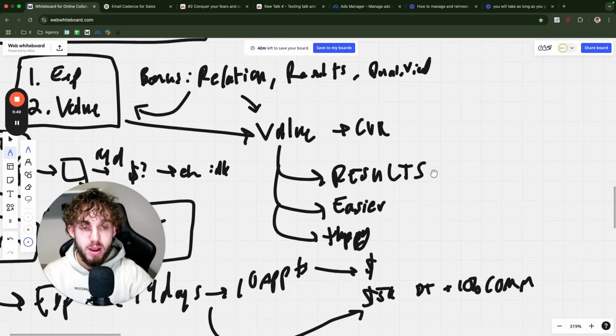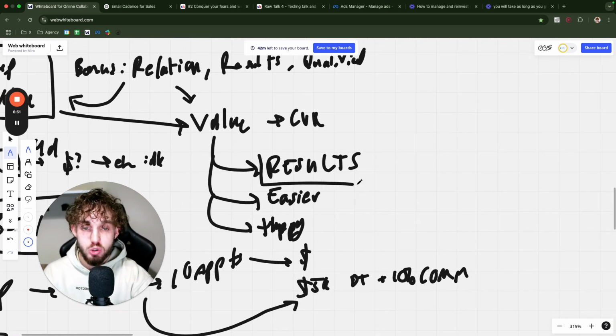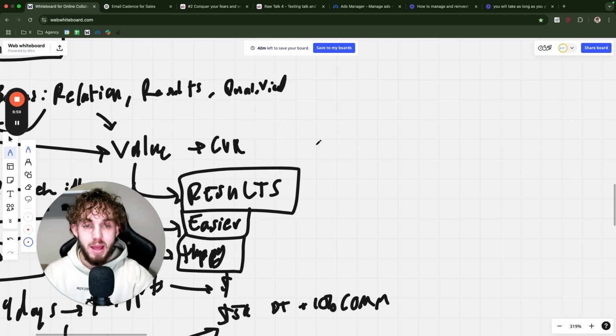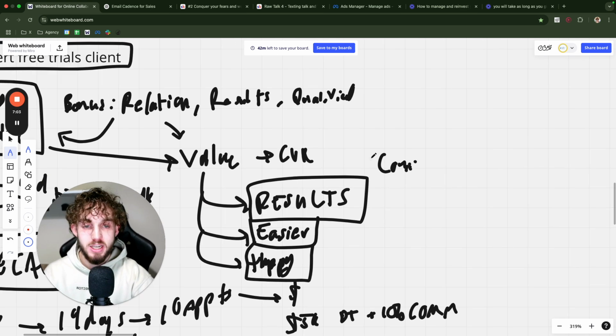And the better you make the experience, which once again isn't just results, right? Results are a good part of it, but it isn't just results. It's the results. How much easier did they make their life? How happy were they working with you? How convicted are they that this is going to continue working? All these things play a factor into how much value they received, right?